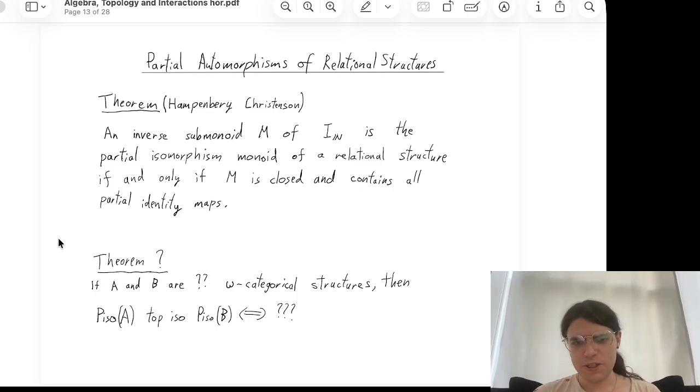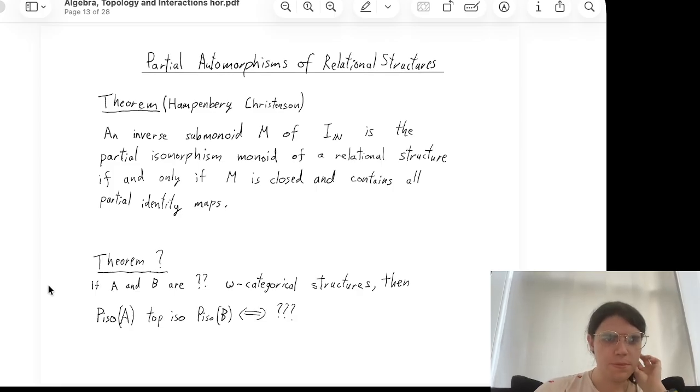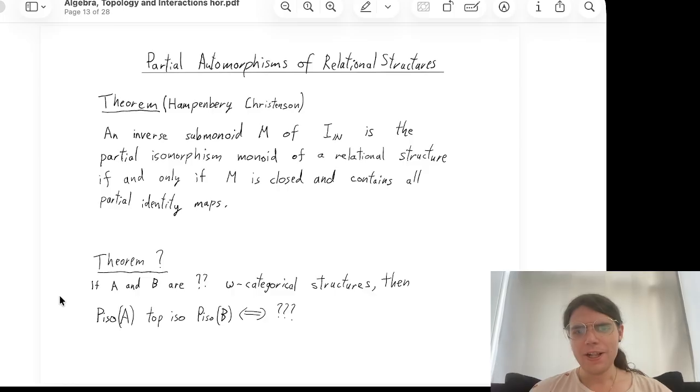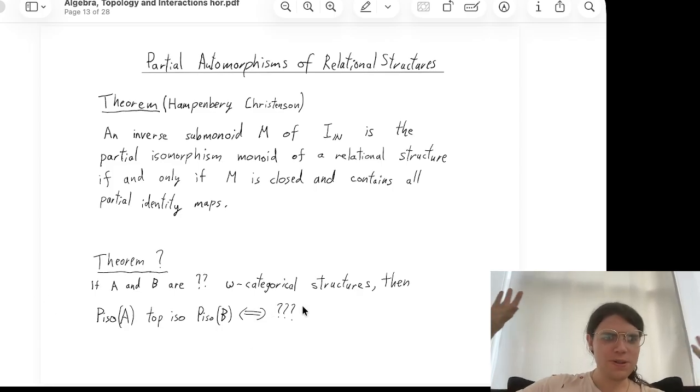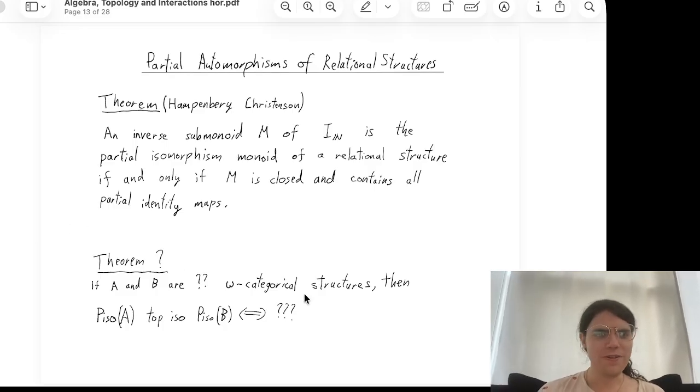And before I said there's this correspondence between topological isomorphisms between endomorphism monoids and this certain type of interpretability. And there's just no result like this in the literature for partial isomorphism monoids, and I don't know why this is. So I think somebody should prove a theorem to this effect. They just haven't done it yet. So you can ask, so conjectured, open-ended theorem-y thing: if two structures are nice in some way, then their partial isomorphism monoids are topologically isomorphic if and only if something about interpretability. I feel like something like this should be true and this should be in the literature, but it currently isn't. So that's a thing for the audience to figure out.